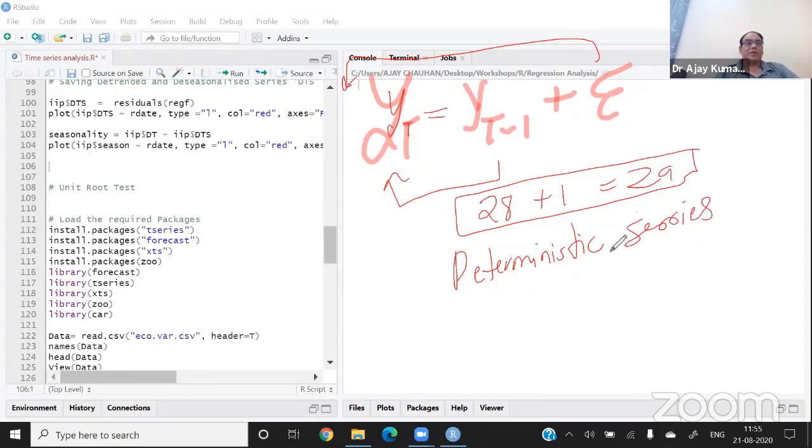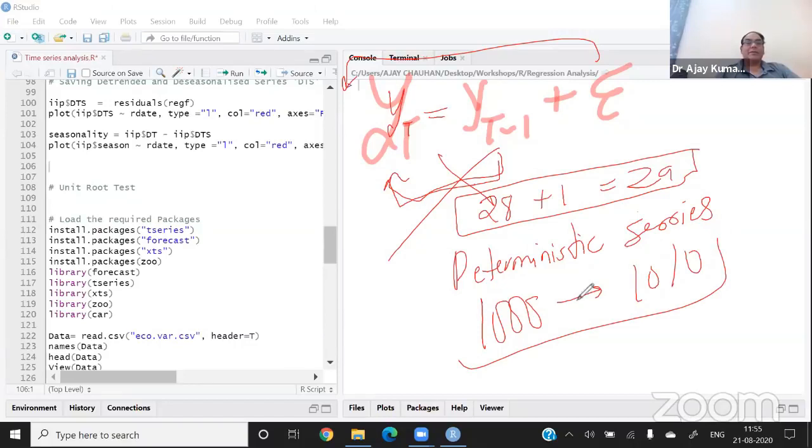And because of the stochastic nature, this relationship is not possible. So I remove this model. Because in finance, you cannot say that today the price of Lens is 1,000 rupees and tomorrow it is 1010. The stock price will not move in this way. The stock price will move randomly. Sometimes it moves up, sometimes it moves down. So on what basis does it move down and up?